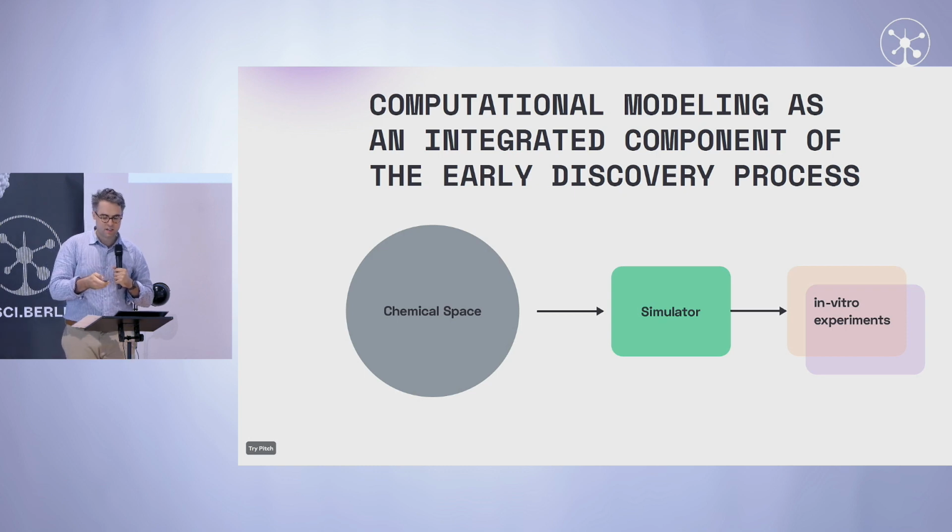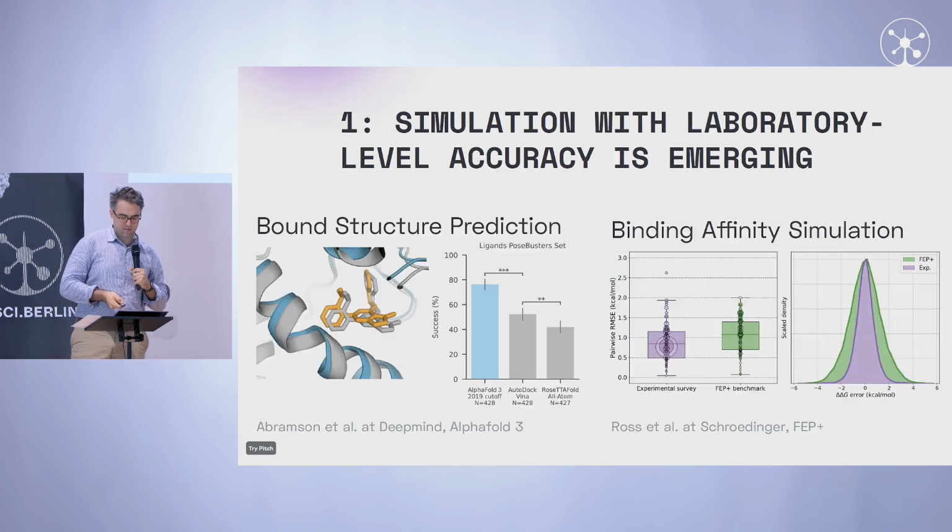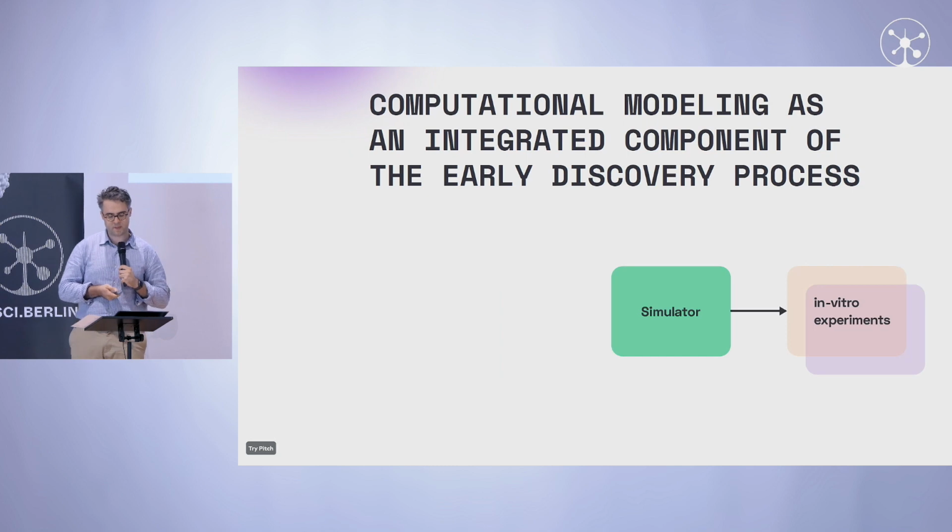Just for perspective, these free energy simulations here, they run for about 5 hours on an A100 GPU. This is no joke. Like an AlphaFold 3 prediction, you can get that in 5 minutes. But getting those simulation results, that's 5 hours of compute. So you want to be sure that what you're simulating is the real deal or something that at least has a fair shot at being useful.